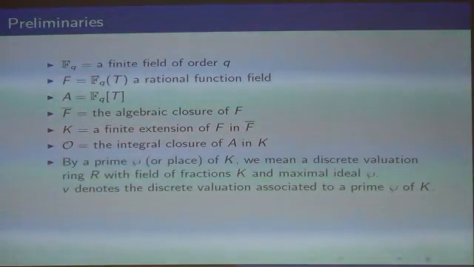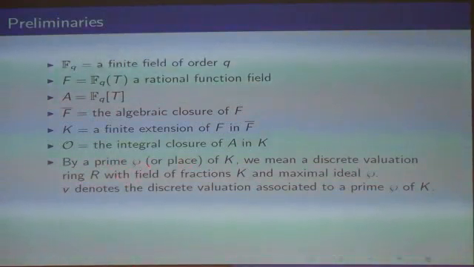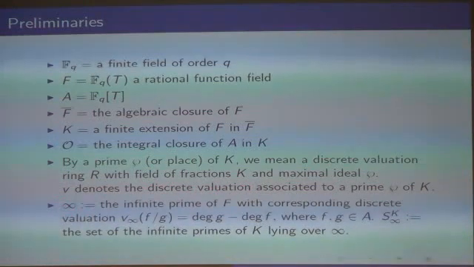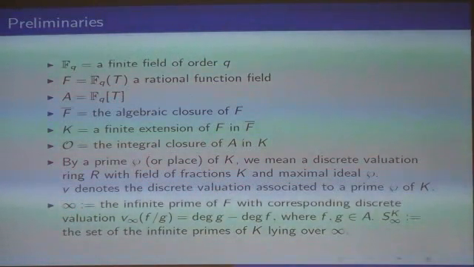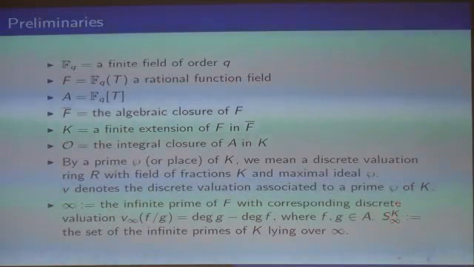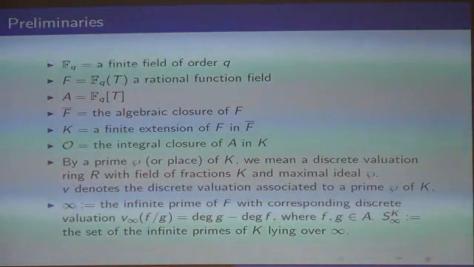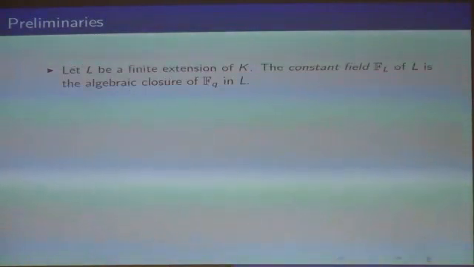In this talk, this is generally what we mean by a prime P or place P: the discrete valuation ring with field of fractions K and maximal ideal P. And also infinity is the notation for the infinite place or infinite prime determined by the degree valuation. And for K, sometimes I may use the notation for the collection of all the places at infinity lying above the prime at infinity. Okay, capital L is a finite extension of K,